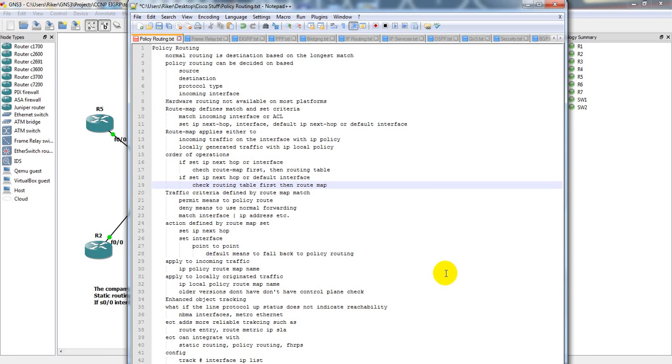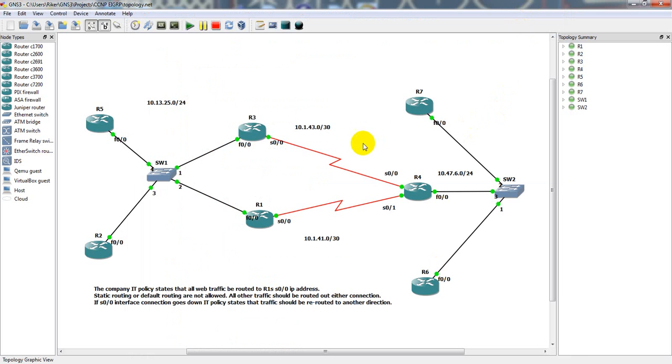Okay, so now that you guys have seen at least a snapshot of how policy routing works, and I'm sorry, not IP SLA, policy routing, and the different types of implementation there are. What we're going to do here is take R4, that's going to be our policy router. What that's going to do basically is take traffic from R7 and R6, and based on